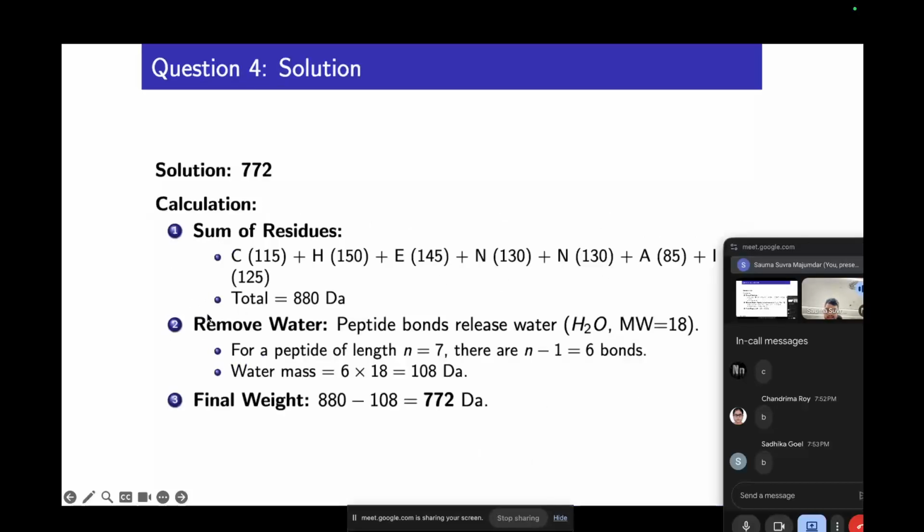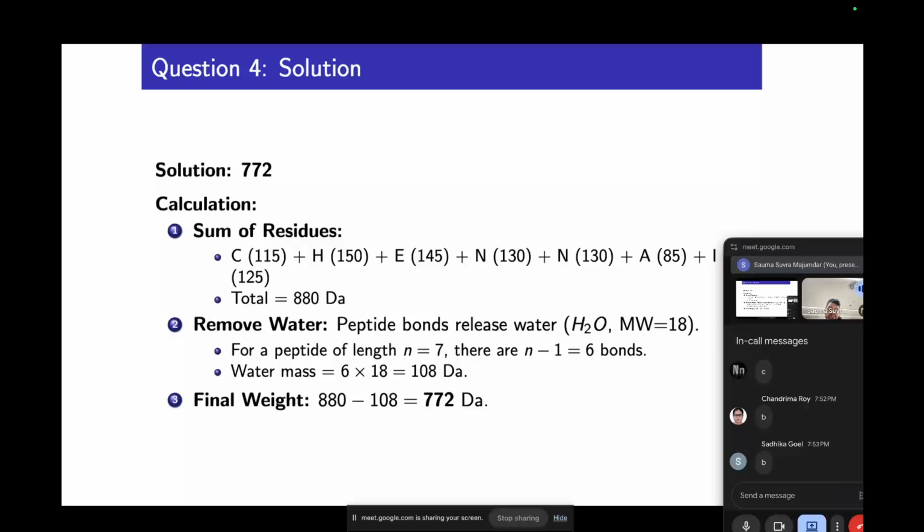The answer is correct. It's B. If you just add it, it comes to I think 880 Dalton, but you have to subtract. The peptide bond is getting formed, right? So if there are seven amino acids present, there will be six peptide bonds between them, so there will be six water molecules